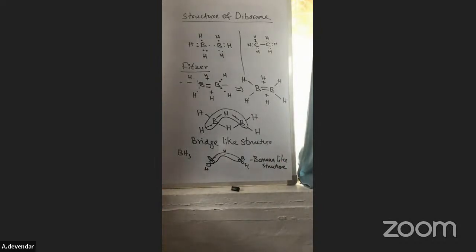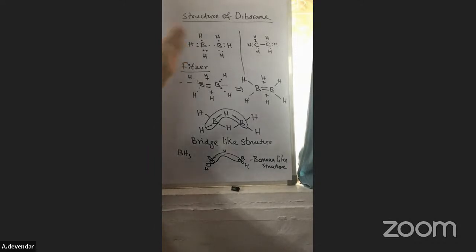Okay, this is about our chapter 1. In this chapter, we have the third A group elements, boron, aluminum. First the electronic configuration; on the electronic configuration, we have plenty of questions. Then you can discuss the hydrides, boron hydrides as well as aluminum hydrides, and next the oxides, boron oxides, aluminum oxides. Next we discuss the electron deficient compound, the best example being diborane. For diborane, you study the preparation, properties, and also the detailed